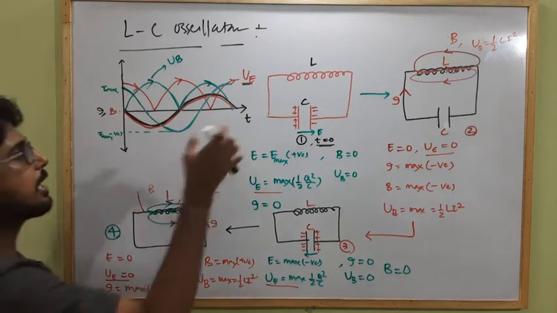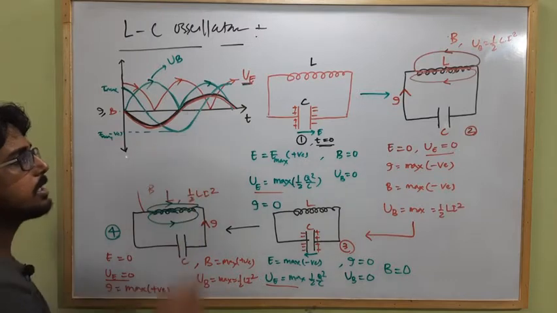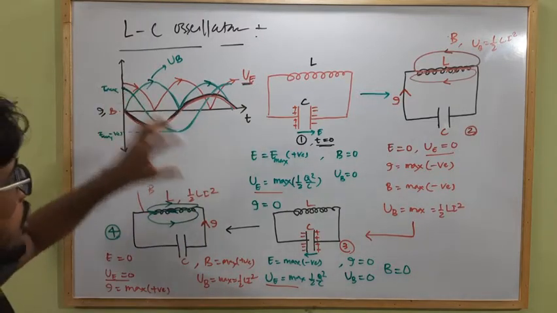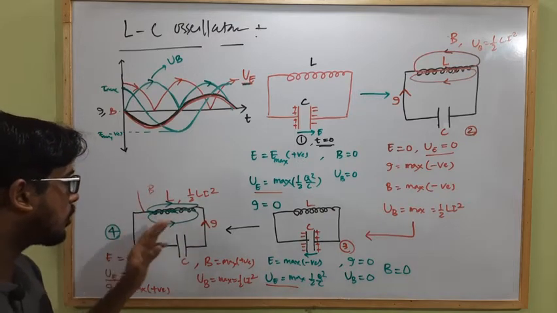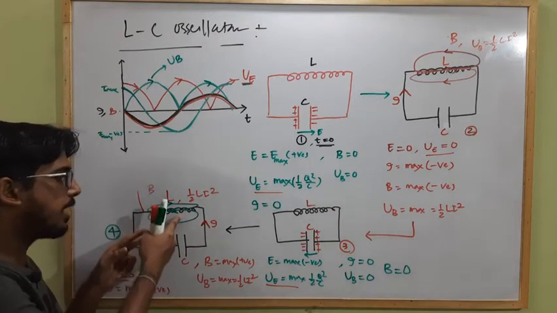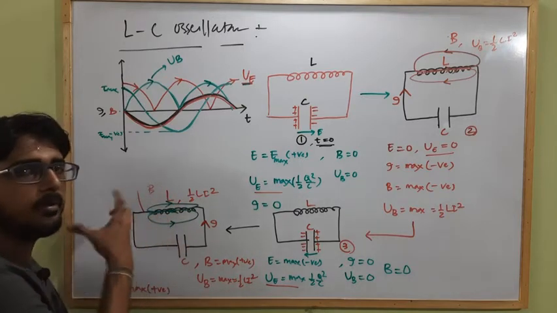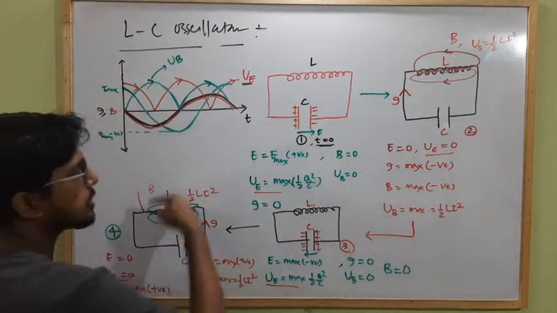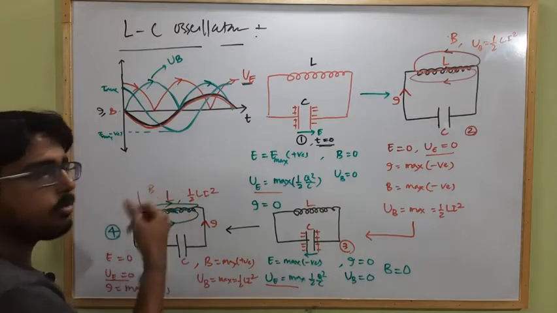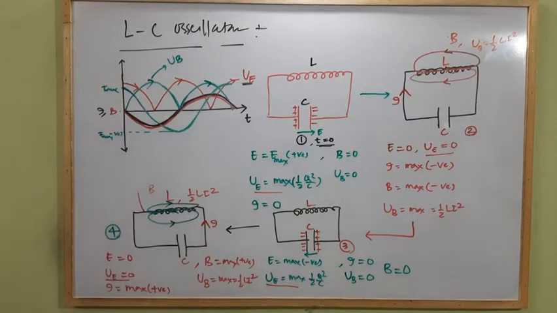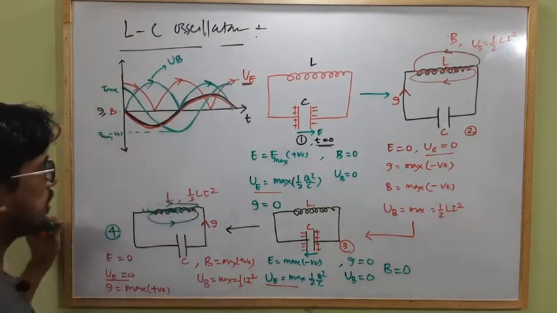So that's why this is known as what? LC oscillator. And what is the frequency of this LC oscillator? As we already know, the energy, the current and the magnetic and electric field, all produced along the circuit in which a capacitor and an inductor are connected in parallel, are oscillating in nature. So they have a frequency, because after a certain time period the cycle continues. That's why they have a certain frequency. What will be the frequency of the LC oscillator? So let's try to find out the frequency of the LC oscillator.